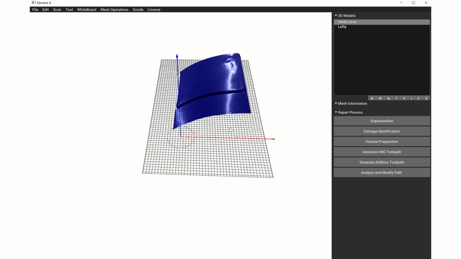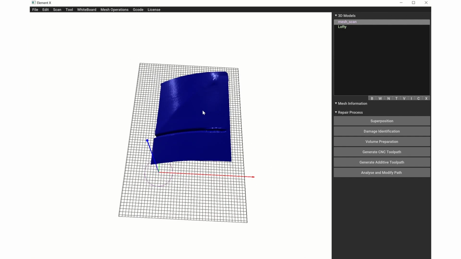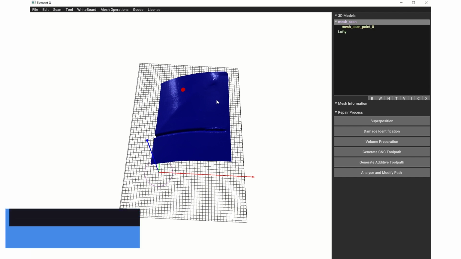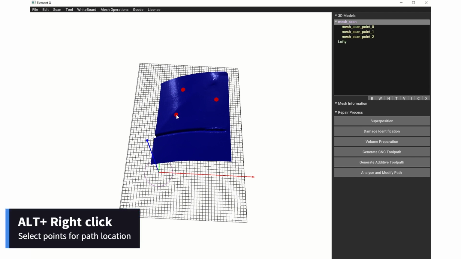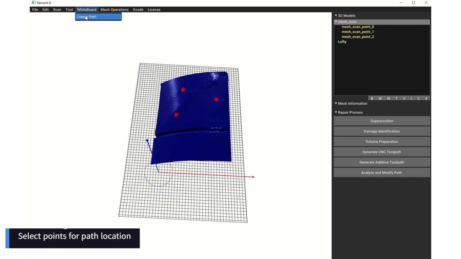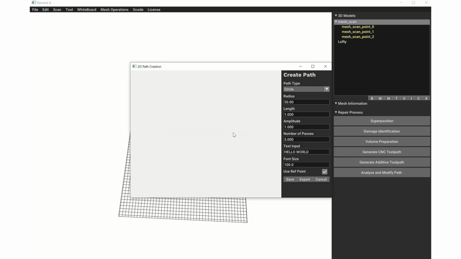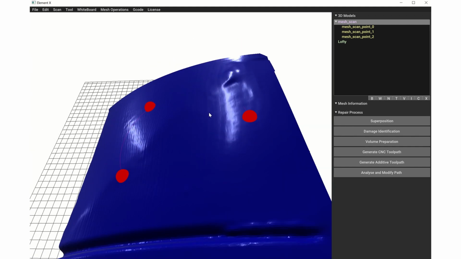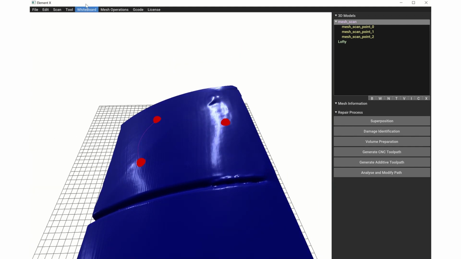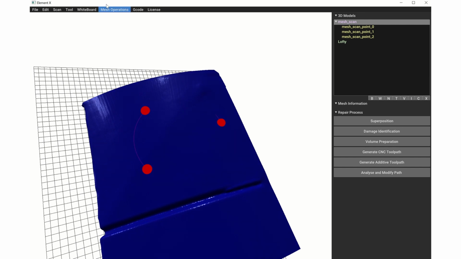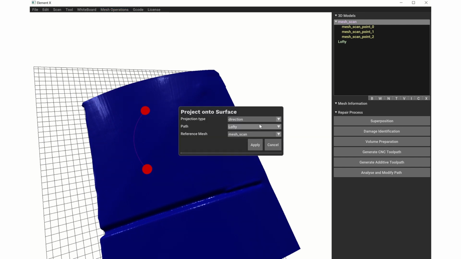ready for further use. To position the path on a specific area of the available surface, use Alt plus right-click to create indication points. For a circle, 3 points are required to define its placement. For shapes like squares, zigzag infills, and text, 2 points will determine the general direction and transformation, allowing you to